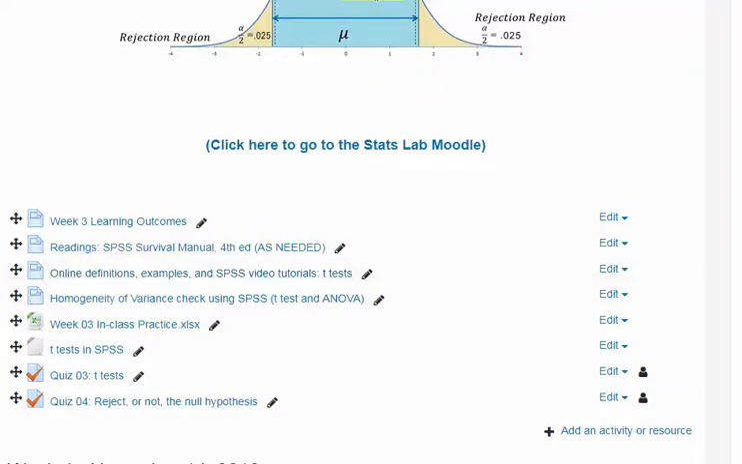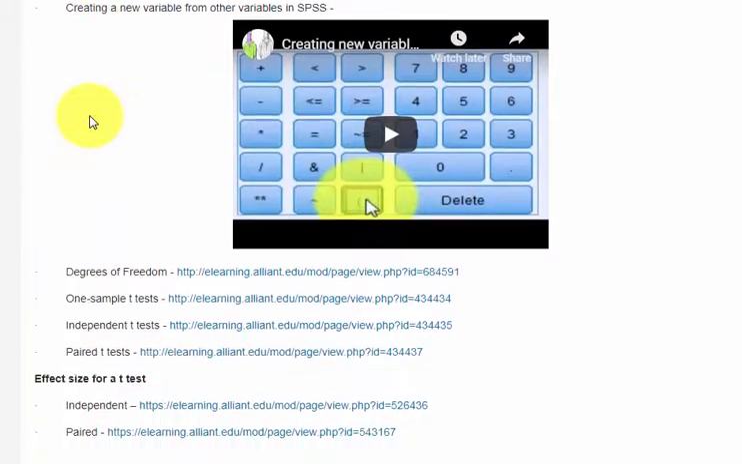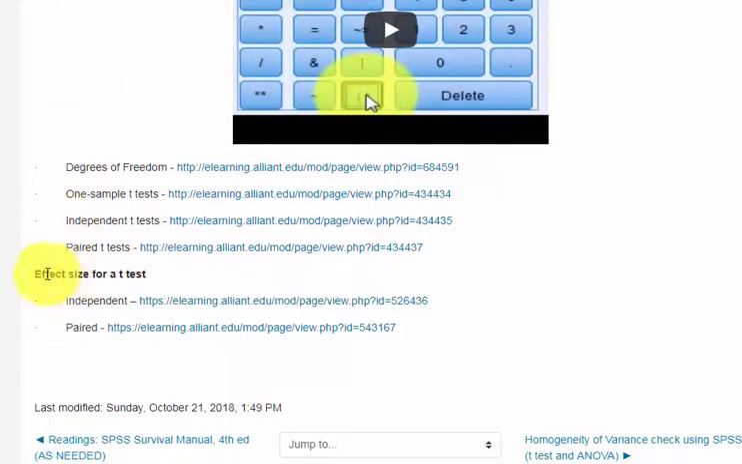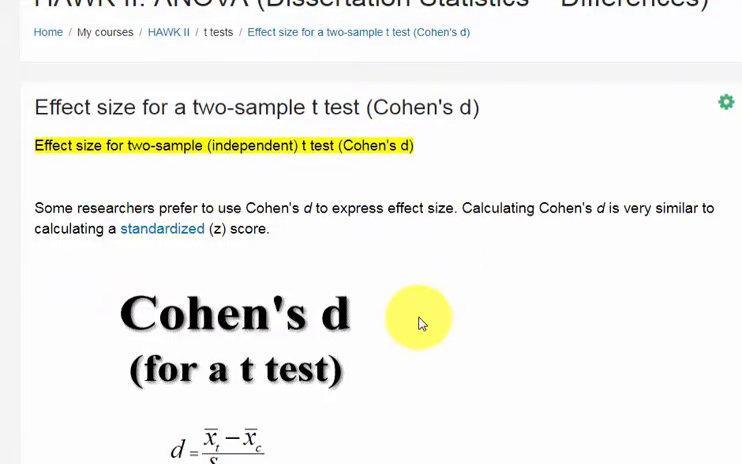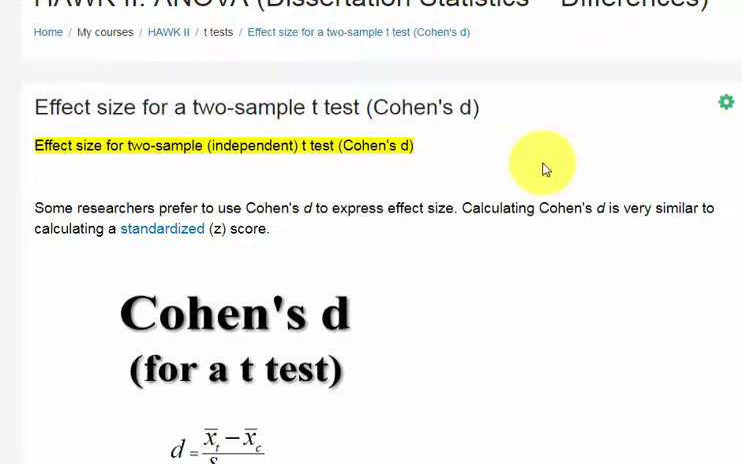You click on that, it takes you to this page, and we're looking for effect size. Look at that, effect size for a t-test. I would probably click here, and it takes you to number 1, Cohen's d. But if you'll notice, Cohen's d looks just like a z-score. That's why I personally never use it. So I would probably go back to the